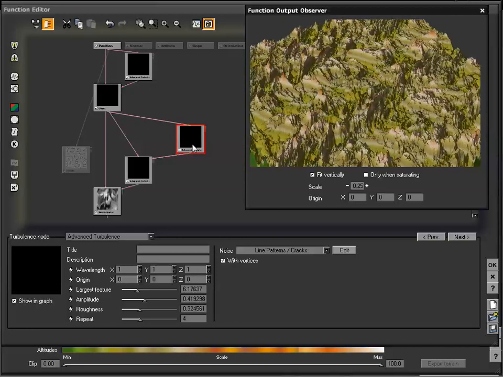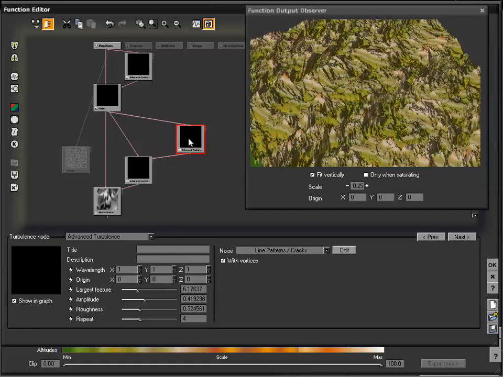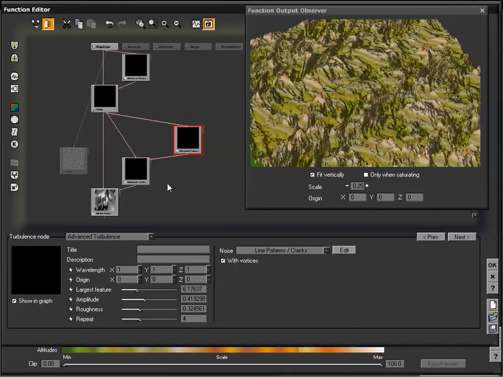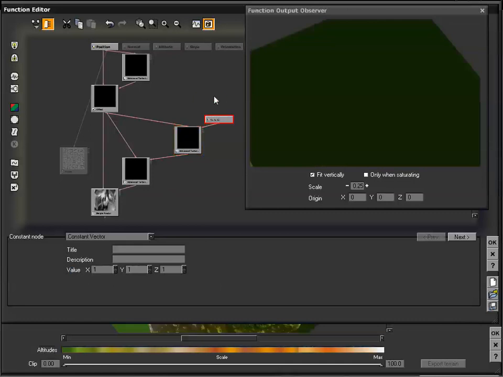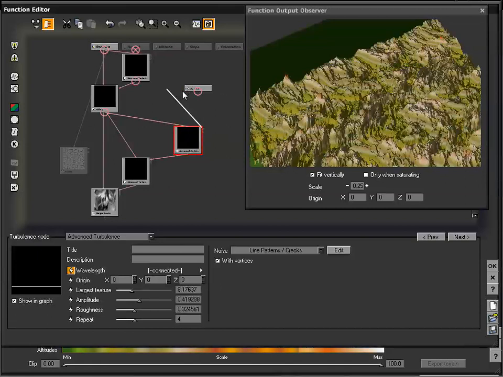In this case, we really don't need all of these different ones. I just wanted to show you that it is possible to connect a lot of these different features. And also, we can use some of our existing nodes to control a variety of these different options. So if I was to extract our wavelength right now for this advanced turbulence node, I can connect from our